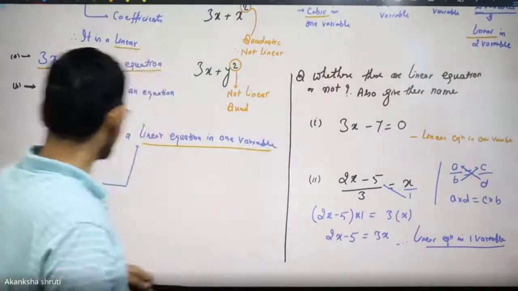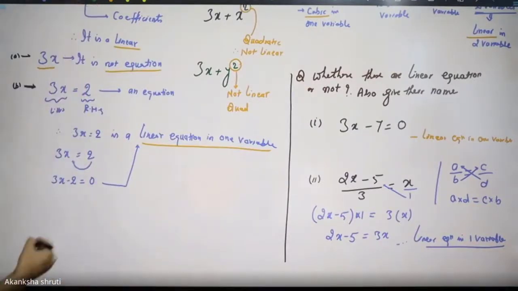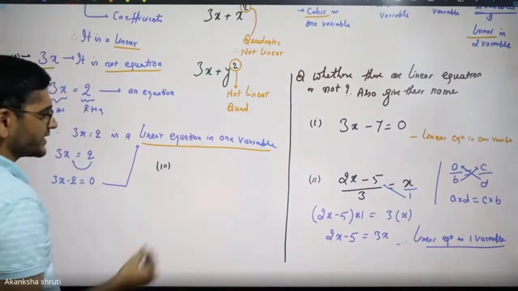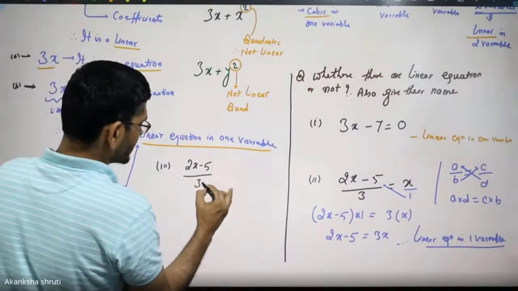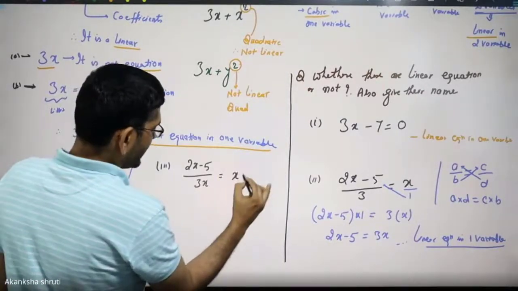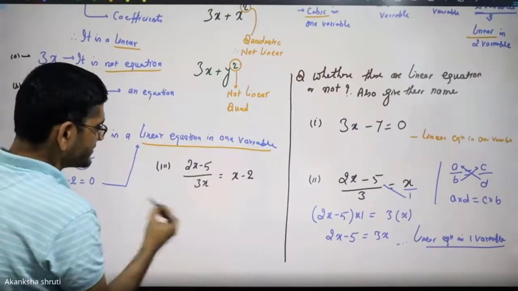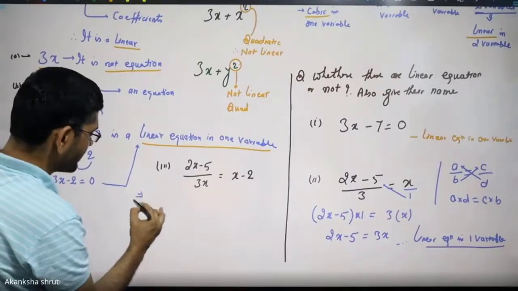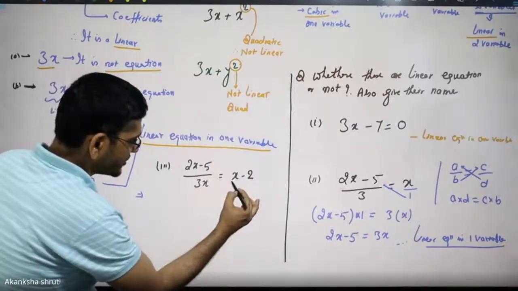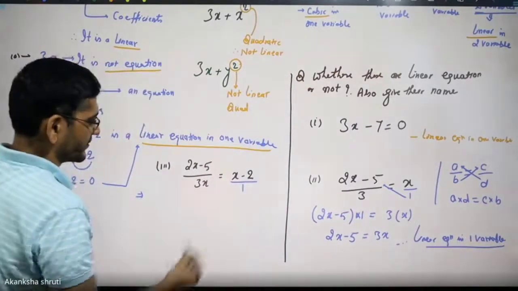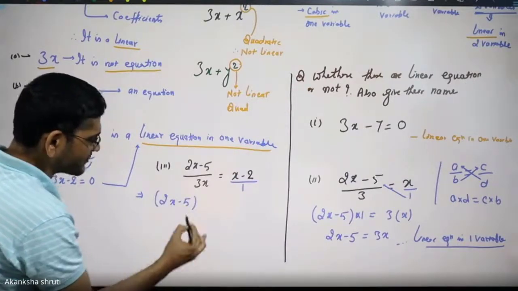Student, let us take one more example just for understanding this. Whether such an expression is always linear, let us take. If you are given 2x minus 5 by 3, or say by 3x, is equal to x minus 2, whether it is linear. Keep in mind in the denominator we have the 3x. Then applying the cross multiplication rule, whatever we have applied here, the default denominator of this one is 1. It means 2x minus 5, this entirely has to be multiplied with 1.